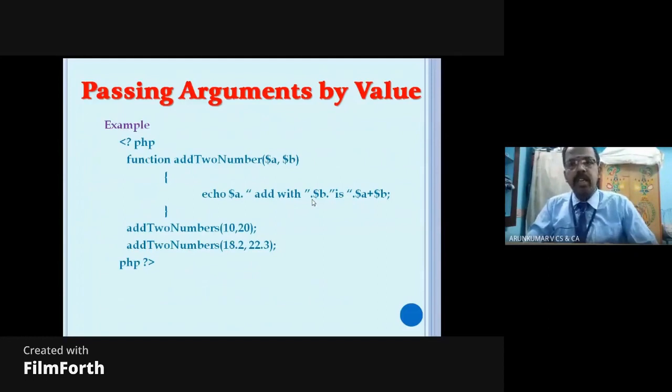There is an example. You can see add two numbers. First, the function add two numbers is called with 10, 20. When I call it, variable a and variable b are both integer variables. Then, same like that, I call the next function, add two numbers with 18.2, 22.3. Here variables a and b are both declared as float variables. You can pass. Next,